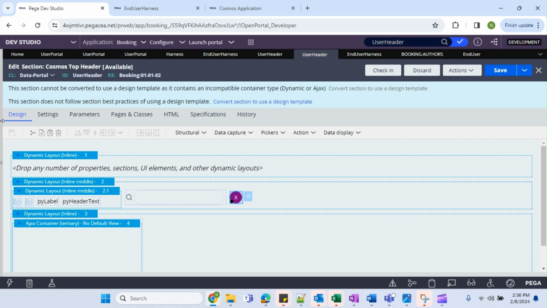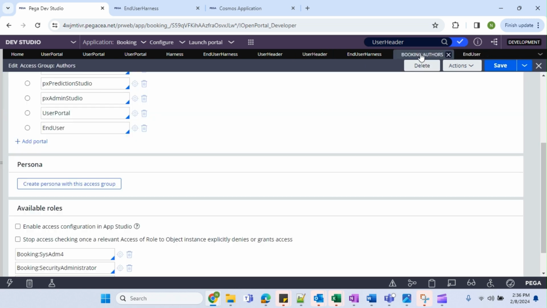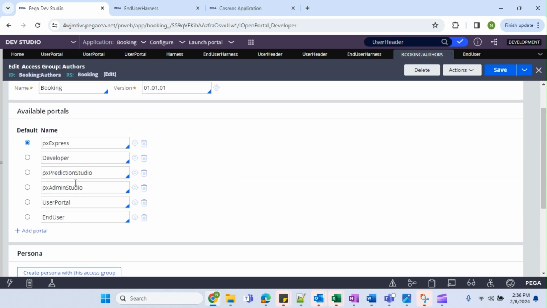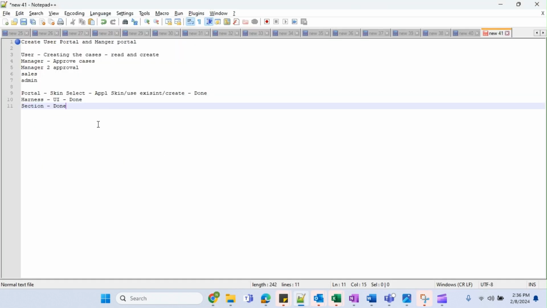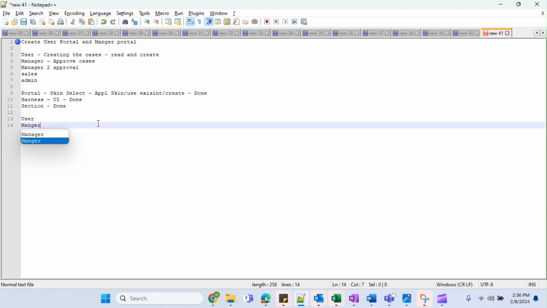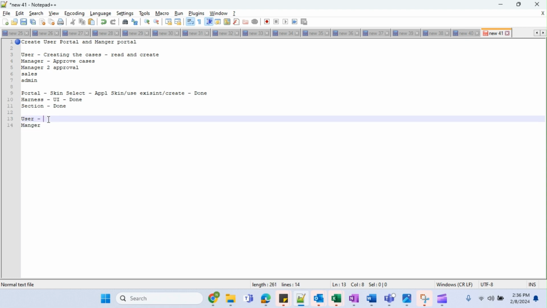So once you create the portal, you have to add that portal into your access group. So now I'm a developer, that is why I'm adding everything here. In your scenario, if you are creating section, this is done. So if you are creating user manager, right? If you are creating user access, I mean user portal, then you have to open the user